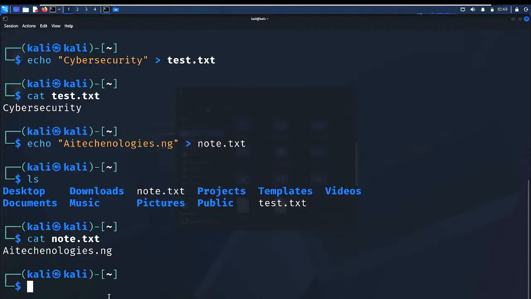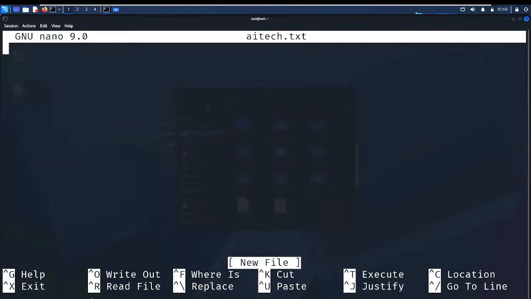Then the third one is nano. Nano gives you an editor page, a text editor, like a notepad. So what I do, nano. Let's create a new file. Let's say aitech.txt. So I'm creating a new file named aitech.txt using nano. Once I open it, it gives me a text editor.